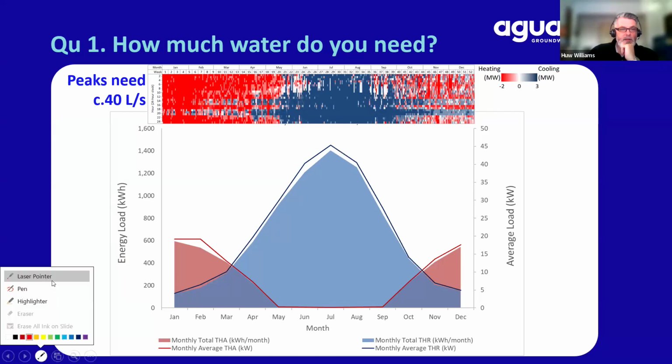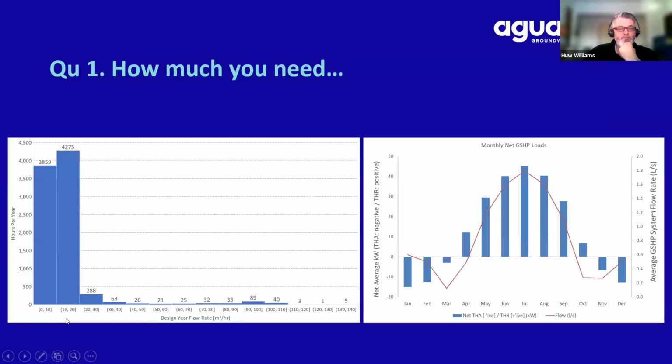And if we then break that down into what do those peak loads actually look like when you translate that to flow rates? Well, here's a histogram of hours per year of the flow required to service that system that you saw on the last page there. And you can see that about 8,000 hours of that is less than 20 liters a second, 40 liters a second. And most of the year,